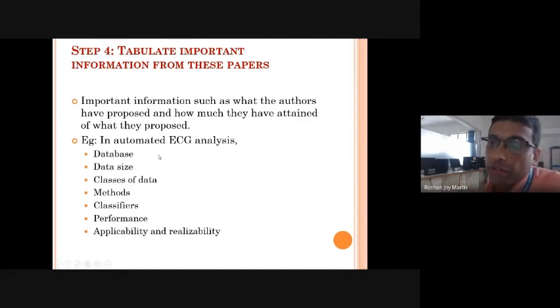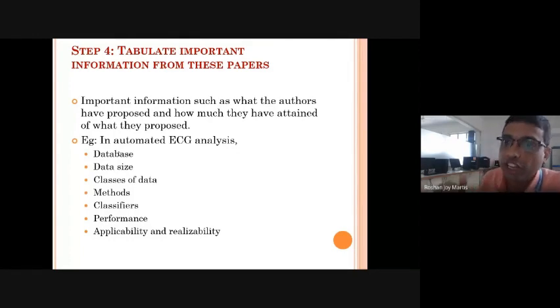So when you shortlist 40 papers, you read all the 40 papers and distinguish them in terms of these parameters. For my problem, these parameters were essential. For your research problem, there may be a different aspect or some aspects are required. Those aspects you shortlist and then prepare a table where columns correspond to these aspects and rows correspond to different papers. Okay.